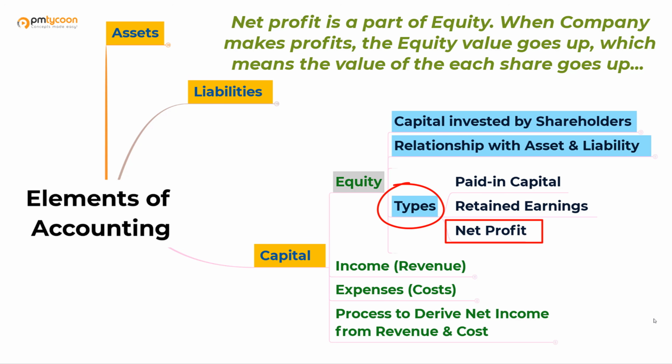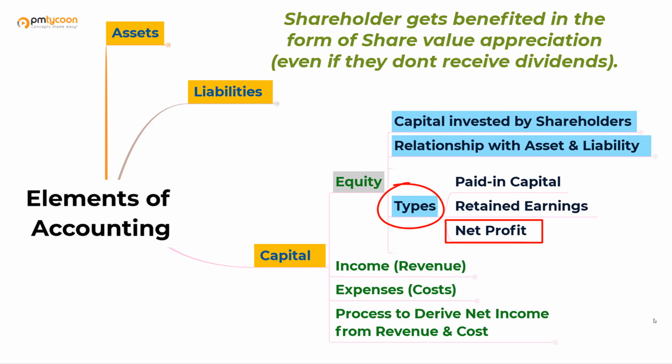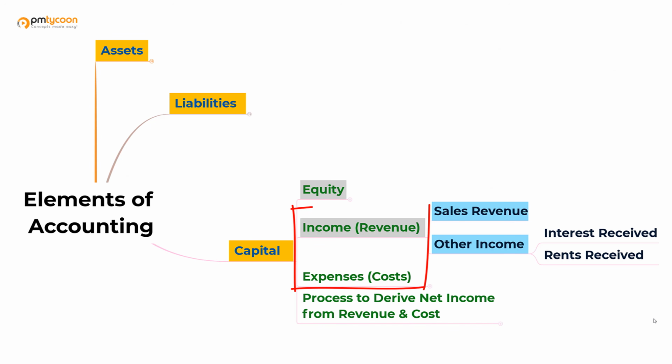Now the equity portion is getting bigger and we have the same number of shareholders. The shareholder will get a bigger portion than what he or she has invested in the company. That is the benefit for the shareholder, because he or she knows at the end of the day that even though they have not received dividends, the share value of the company has gone up, and as such, they should be happy with that. Now let us understand incomes and expenses and their types.